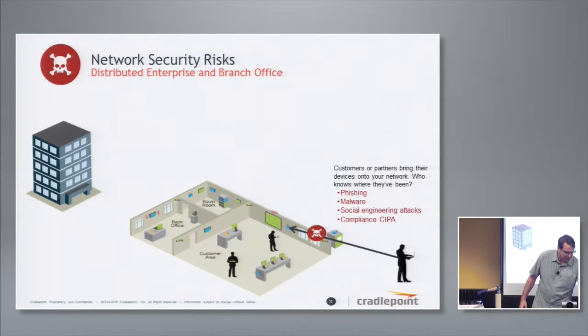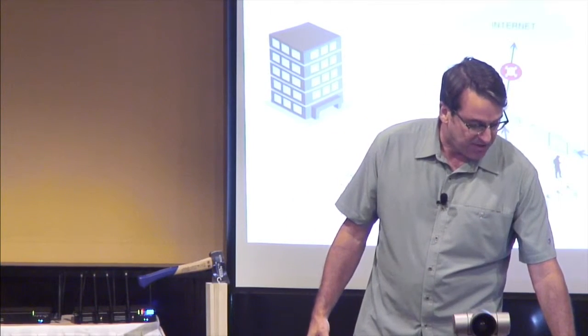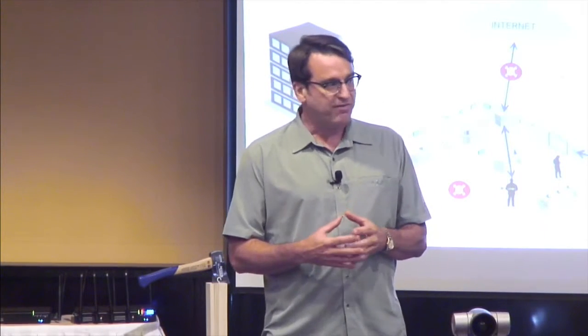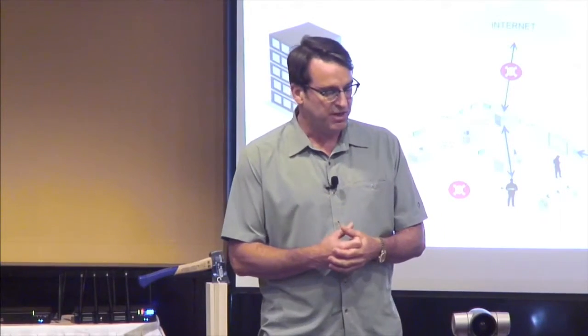From a risk perspective, now I'm not going to go through all of this because it would take too long. I think you guys are pretty familiar with the concepts of, you know, I got no IT staff, I got no security staff. You know, I've got low-paid employees potentially as well that aren't watching the door as closely as they could. So at the edge, you've got a number of different risks that you might want to be considering. We could talk about any of these in detail, but ultimately what it looks like from our perspective is each of these different threat vectors has potential for getting onto the network and doing damage in a variety of different